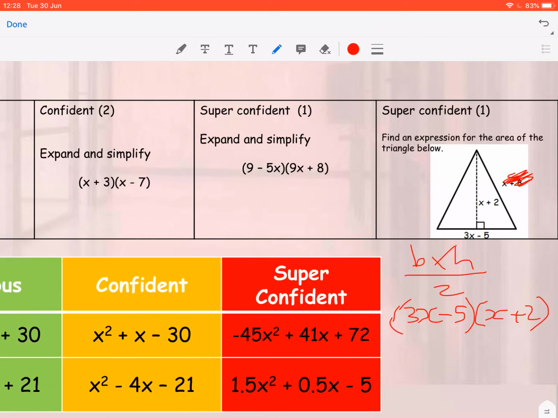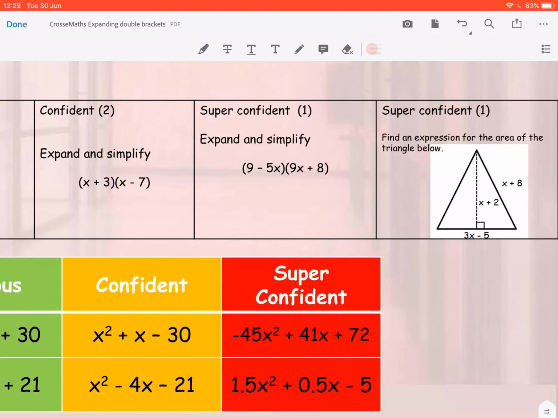I'm going to multiply those out, exactly the same as I did earlier on using FOIL. 3x times x is 3x squared. Outside edges gives you 6x. Inside edges is minus 5x, and last is negative 10. I'm going to simplify the middle to get 3x squared plus x minus 10. And remembering what I said earlier at the start, when we're working out the area of a triangle, I've multiplied them together, you've also got to divide it by 2. If I divide all that by 2, I end up with 1.5x squared plus 0.5x minus 5. Exactly the same as the answer over there. Okay, guys, if you got lots of those right,